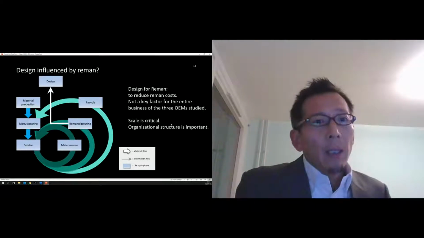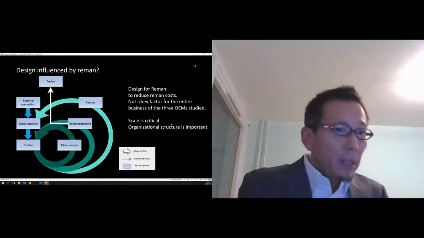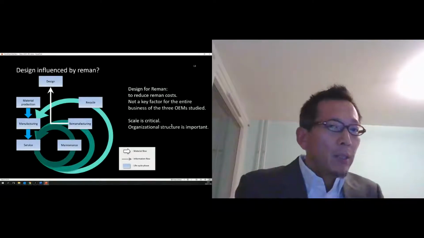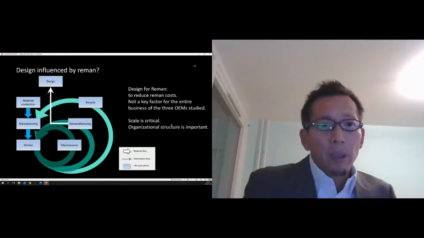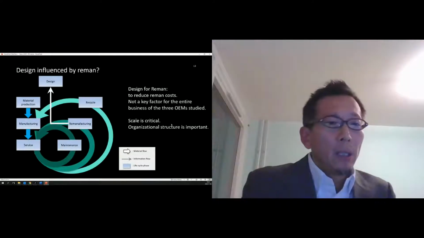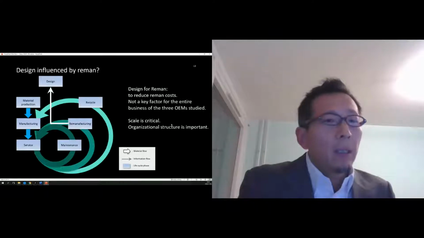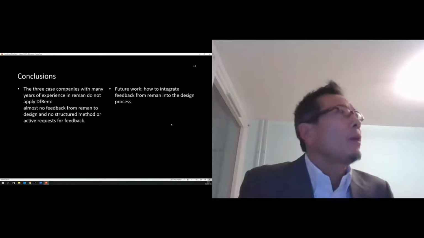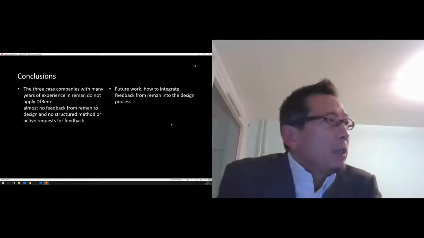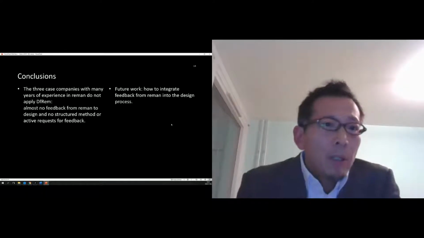So one factor is, of course, the scale of remanufacturing, meaning that the three companies have rather small portion of revenue from remanufacturing as compared to the whole revenue of the companies. And also we found that in some cases organizational structure hinders the flow of information from remanufacturing to design. To conclude, as I have already mentioned, even though the three case companies have long history of doing remanufacturing